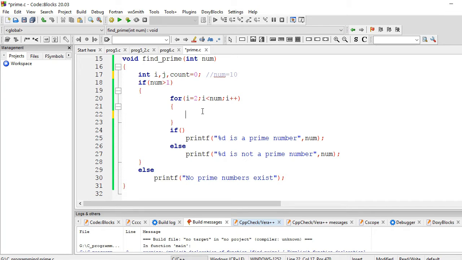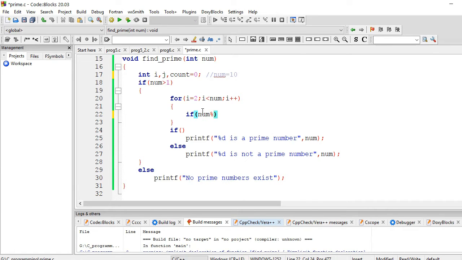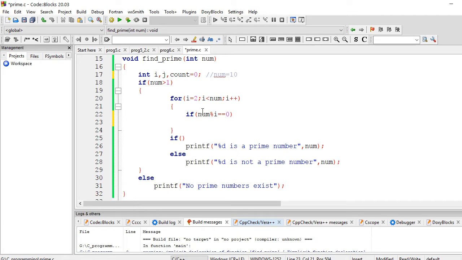If number modulus i equals 0, then we increment the count variable that we initialized as 0. count++ basically means count = count + 1. So if this number is divisible by any smaller number, count will be increased.